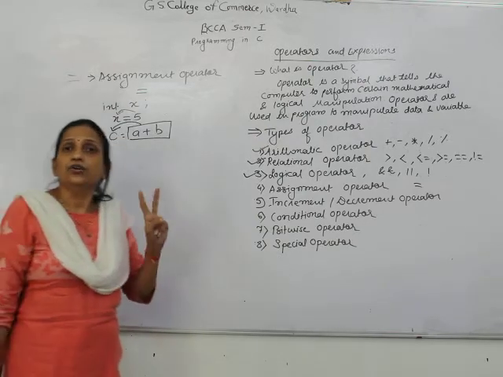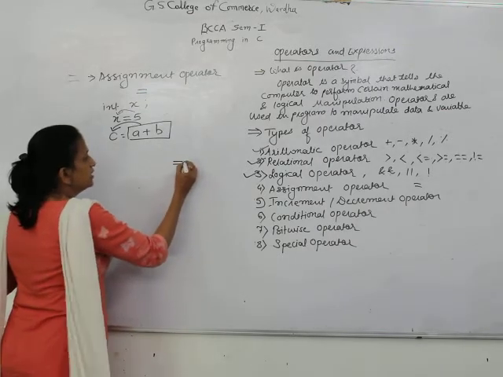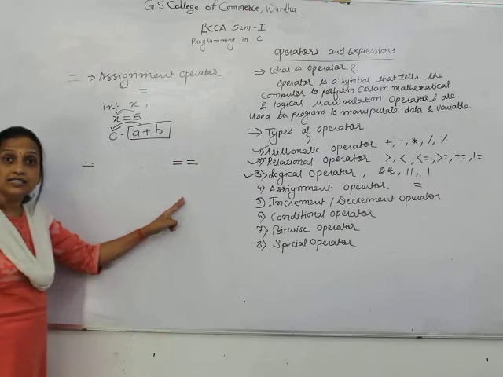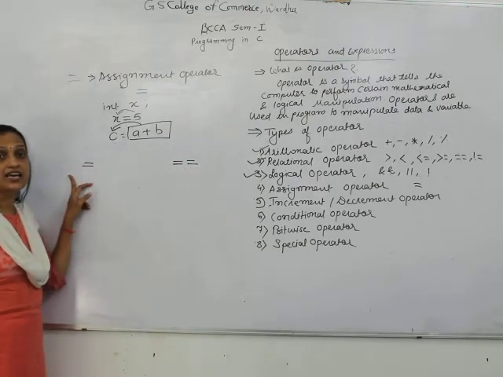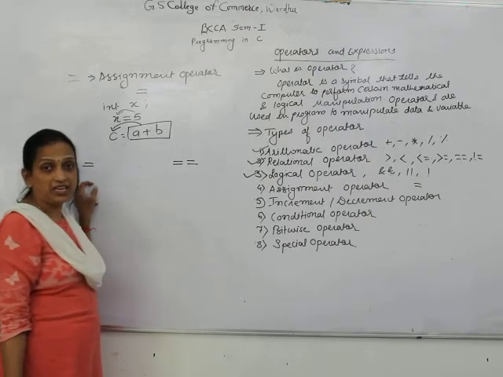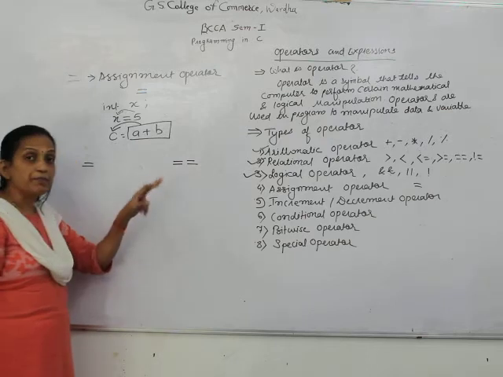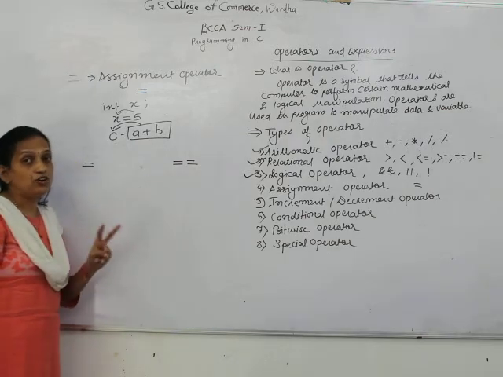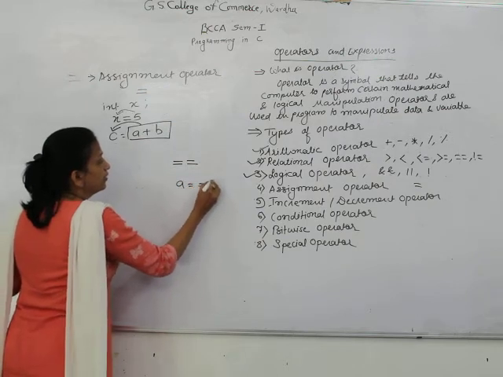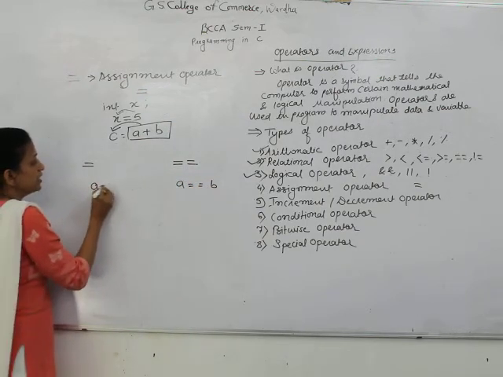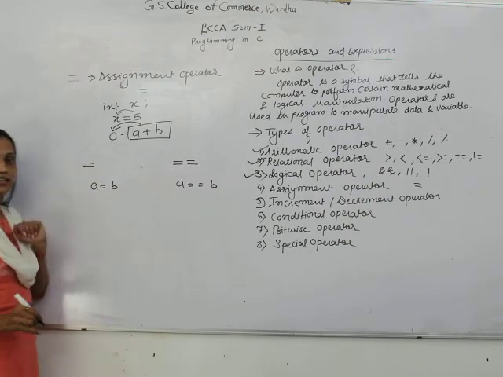The second thing, don't be confused between this sign, that is assignment, and this sign, that is relational operator. So this is equal to and this is assignment in C programming language. Equal to sign is used to compare the value of two variables, whether they are equal or not. And if you use this A is equals to B, what will happen? What is the difference between this and this expression?